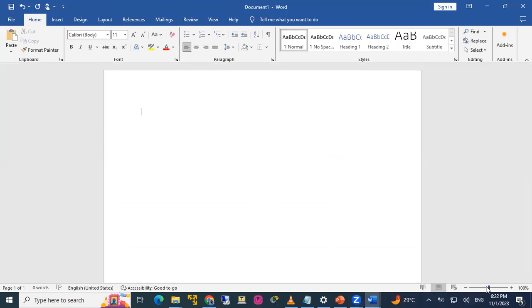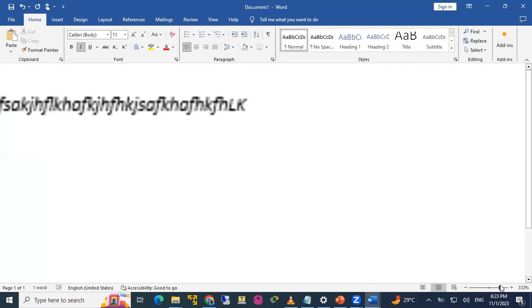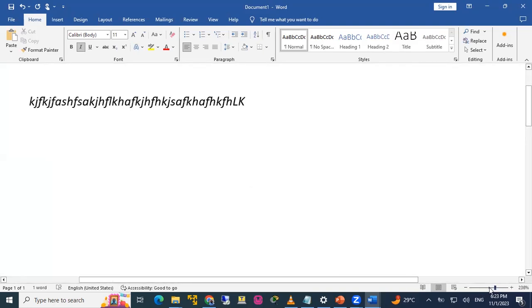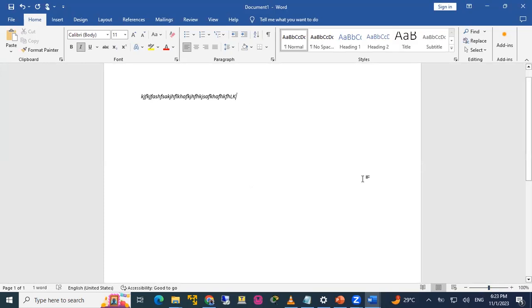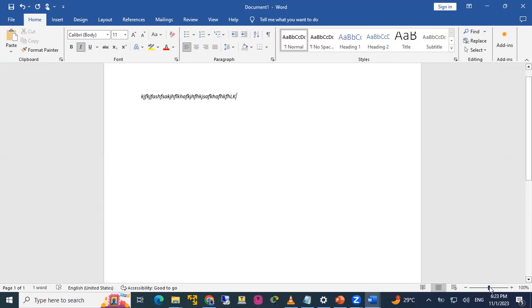And then we have the zoom down there. Please, who can tell me why you want to zoom? To increase or decrease the size of the page. Good. So if you are typing and you feel like what I'm typing is too small, you just zoom and then you see it better. So that's what we do for the zoom. If you're typing and you can't see, or it's too small, you can just zoom it, and then it becomes bigger for you to be able to type. So that's the Word interface.